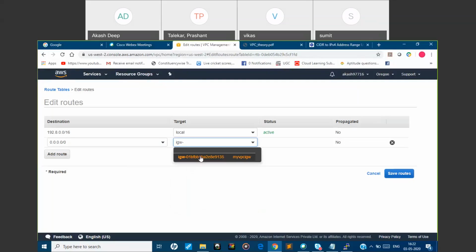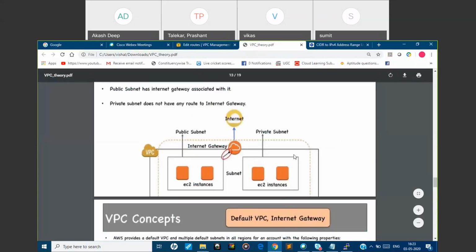We were getting the error before. Now we will not get the error because we are connected. Previously, as we were not connected to public, that error came, because we had not defined any type of route. For the private one, we had not defined any types of route. If you go to this diagram, for the private one we had not defined any route. I told you from the next class we will be discussing.